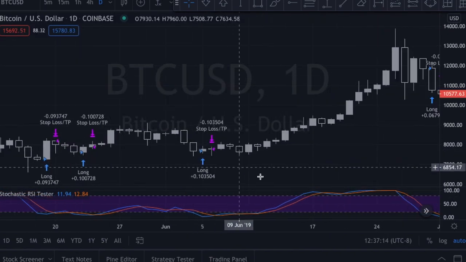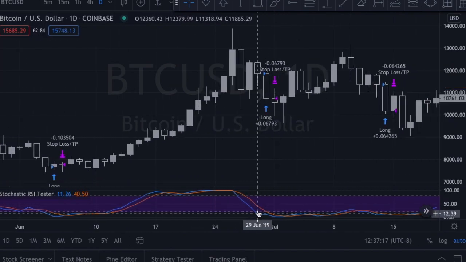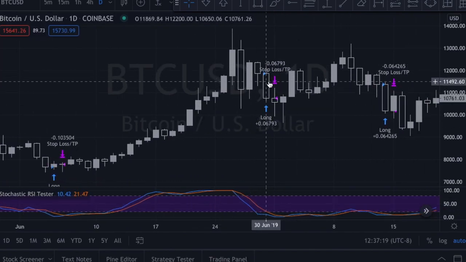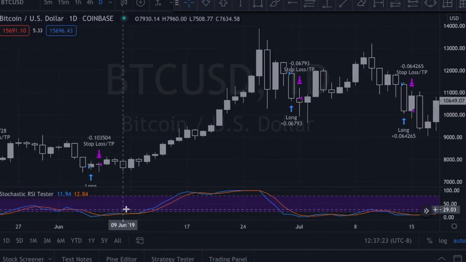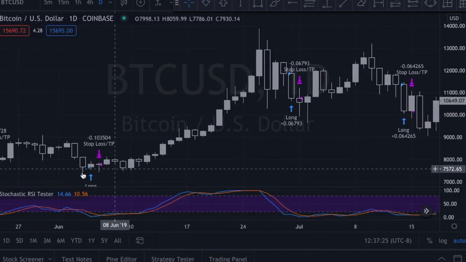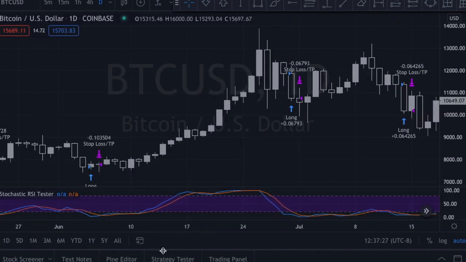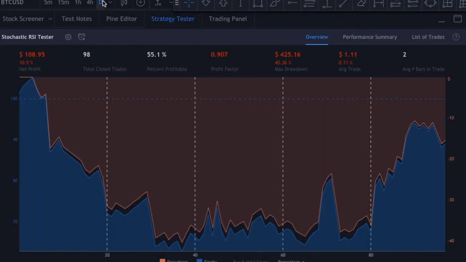Happened here again right there. Didn't happen for a while until down here. And then we took a buy at the beginning of the next candle at the open. So let's see how that did. If we did a 1% stop loss, 1% take profit, which is pretty small for the daily chart, but just to see the reaction right away of what happens right after the signal, you can see that the signal is